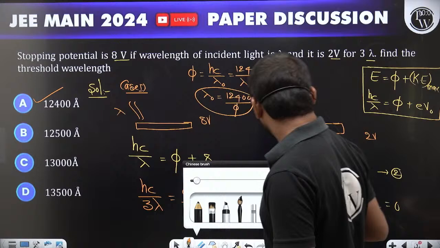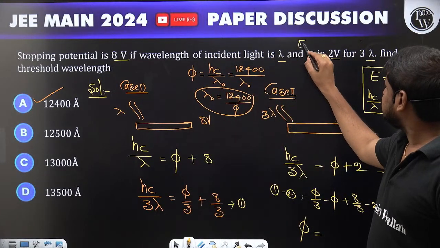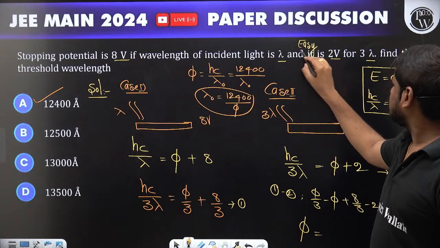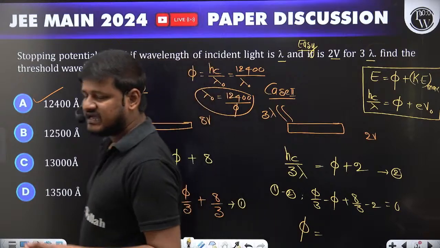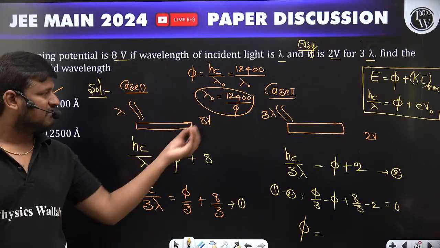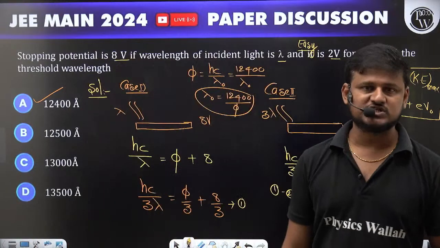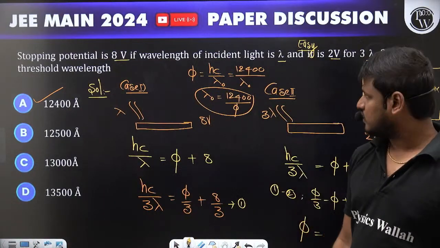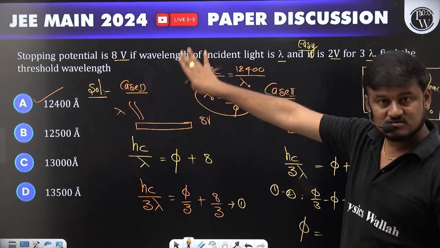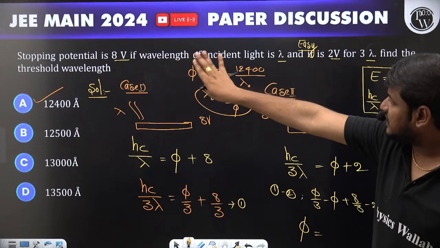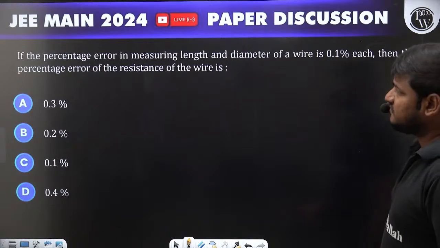Everyone? So the basic question from modern physics. I can consider this an easy question. Those who did questions related to the photoelectric effect can solve this question very easily, because there are only some 4 to 5 models of questions in photoelectric effect. One of the famous questions from photoelectric is this type only. Clear? Done? Sure. Next. So that's the first question.